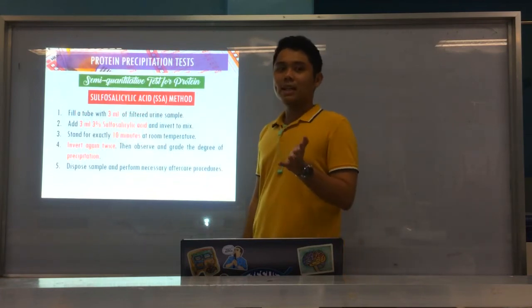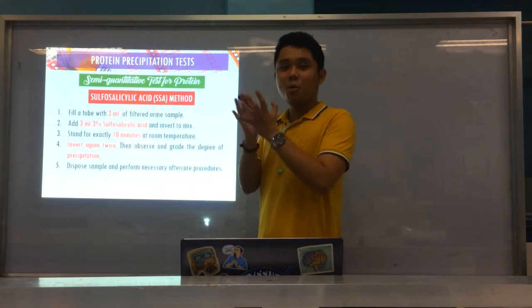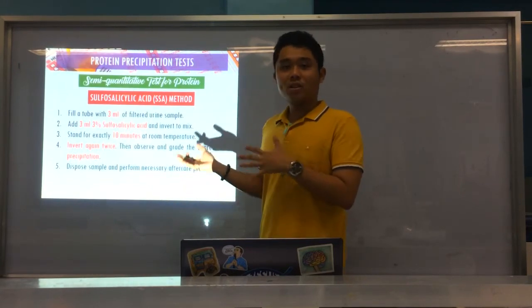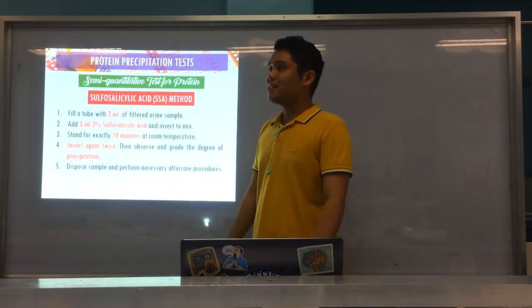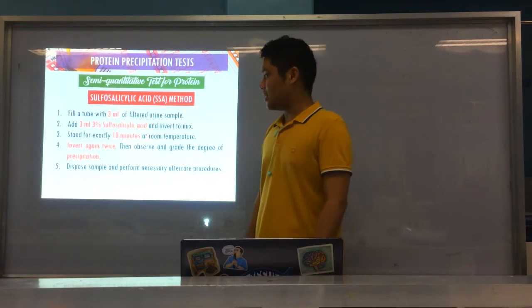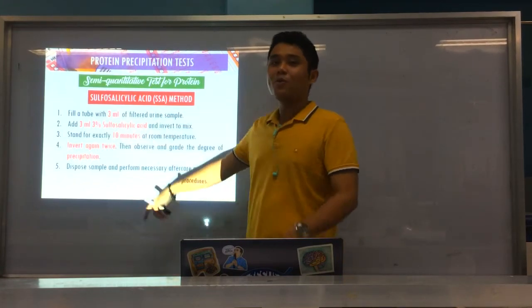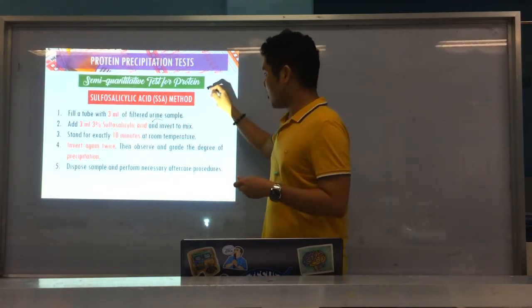When you say semi-quantitative, you have a grading, and the grading is equivalent to a numerical example, a concentration. Okay, and that is your sulfosalicylic acid test. By the name itself, SSA, we use sulfosalicylic acid. So 3 ml of filtered urine, and of course, we add 3 ml of 3% sulfosalicylic acid test. Or this is known as your Exton's